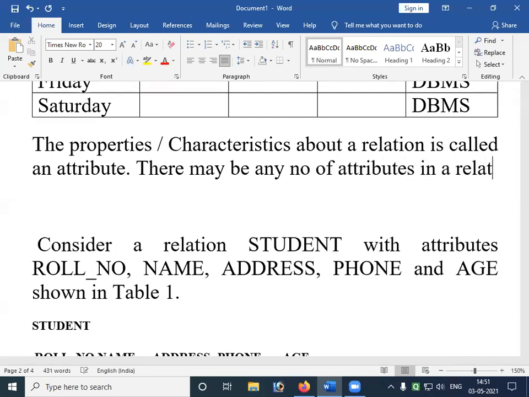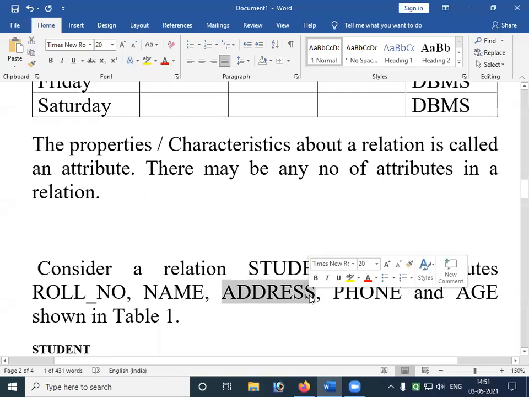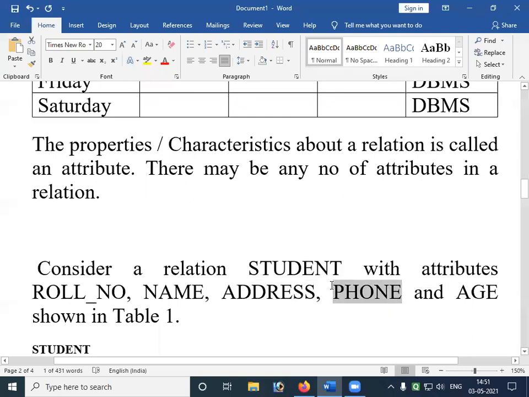in a relation. See, consider a relation called student. Our relation name is student. What are the properties of a student? Whenever we talk about a student, the first thing we have to know is what is his roll number, what is his name, maybe what is his father's name, what is his or her address, what is his or her phone number, what is his or her date of birth or age.